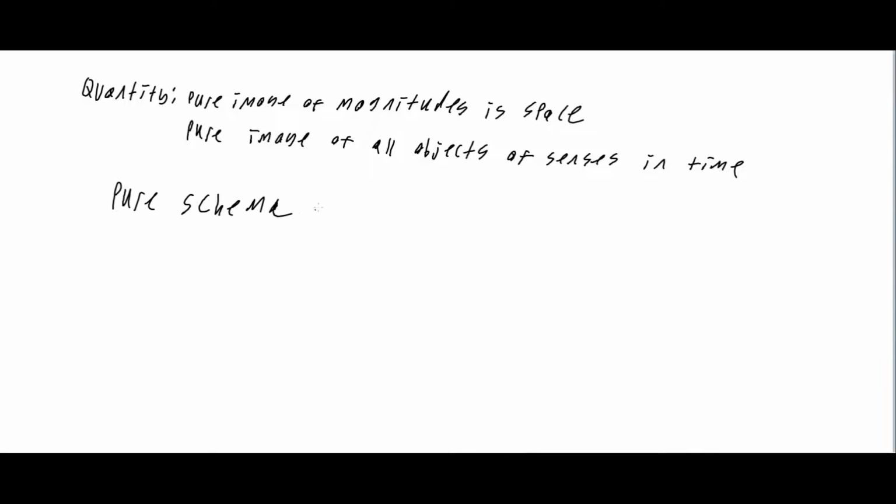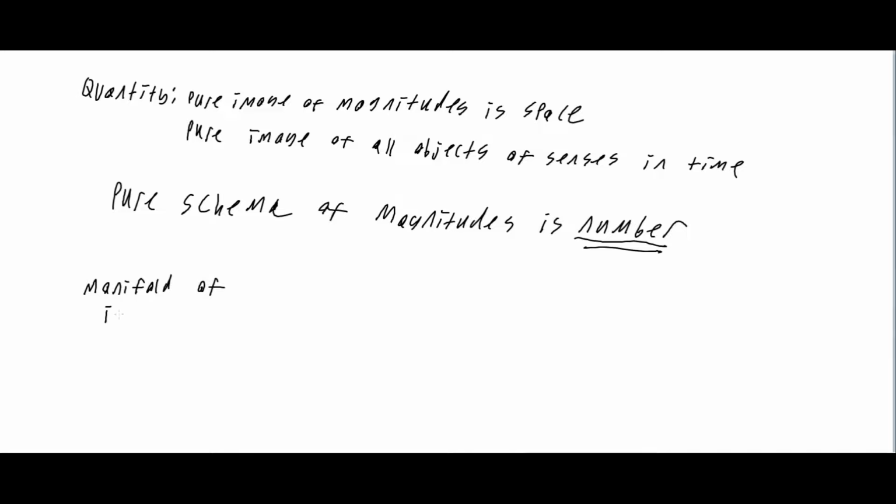is number. So number is the schema here for magnitudes. And so we can think of it like this. We have the manifold of intuition. So this is the objects in space,